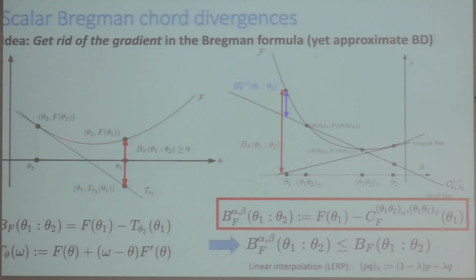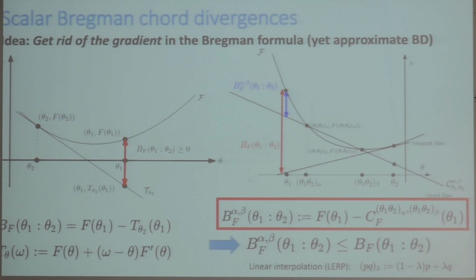And the way to parameterize the chord will be according to my two parameters, θ1 and θ2, and two scalars, again, alpha and beta. So with alpha and beta between 0 and 1, I will define these points that fall inside the interval θ1, θ2. And then I will make this chord here. I will take the vertical ordinate gap here as the chord divergence that we will write as B_F alpha beta. Okay? And by geometric construction, we have the law of the indeterminables, and we also know that our Bregman chord divergence is less or equal than our Bregman divergence. So this is a very easy